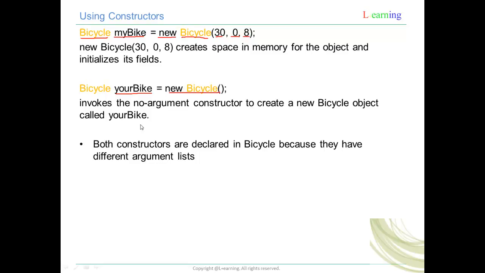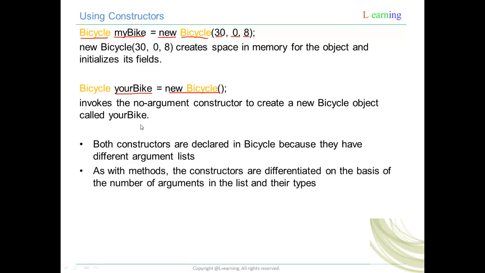There is one important point you need to understand, and that is, as with methods, constructors are differentiated on 2 things. One, on the basis of the number of arguments in the list, and second is the type of argument. So can you have 2 constructors with 3 parameters, like new Bicycle(30, 0, 8), and another constructor with 3 parameters? Yes, you can have that, but the type of the parameter, at least one parameter, should be different. If it is not different, then what happens is,